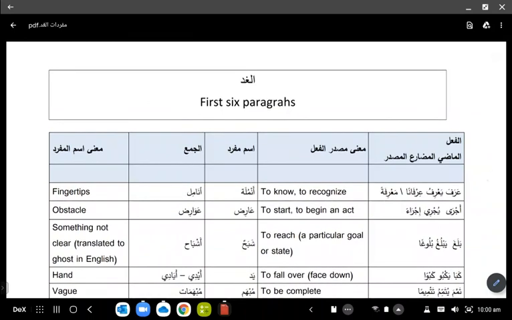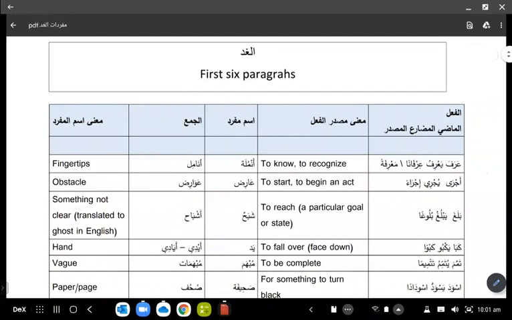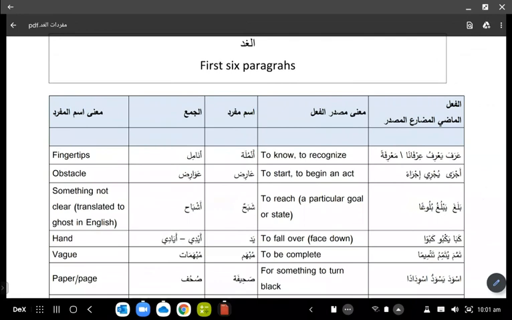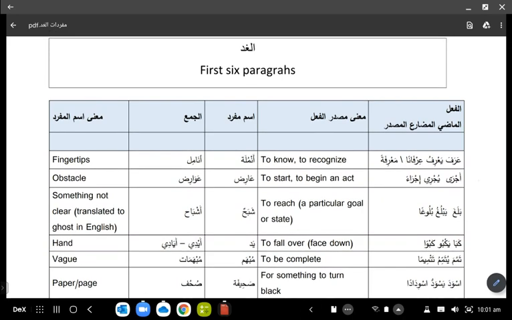As I mentioned in the chat or on the WhatsApp group, I've created this vocabulary list for the first 6 paragraphs of the text. This is especially for you if you want to prepare somewhat beforehand. It just makes it easy if you have the words with you, but it also gives you an idea of how to structure your own vocab list, inshallah. I'll be updating this on a regular basis. However, at the moment we have the first 6 paragraphs. So I'll quickly go through this, although it's quite self-explanatory.